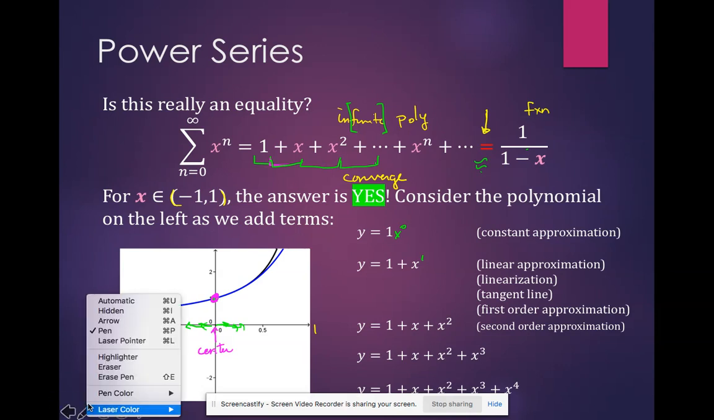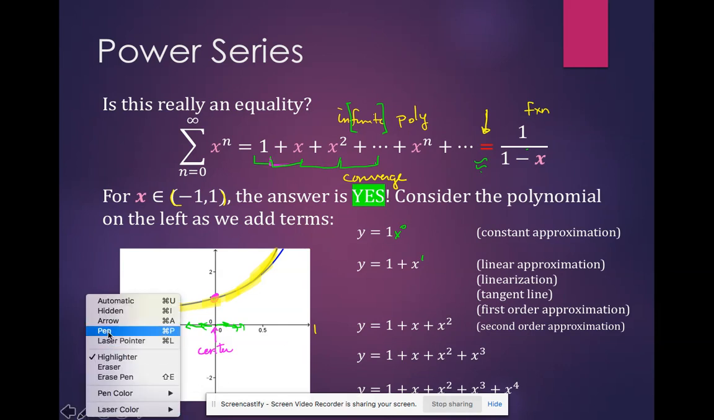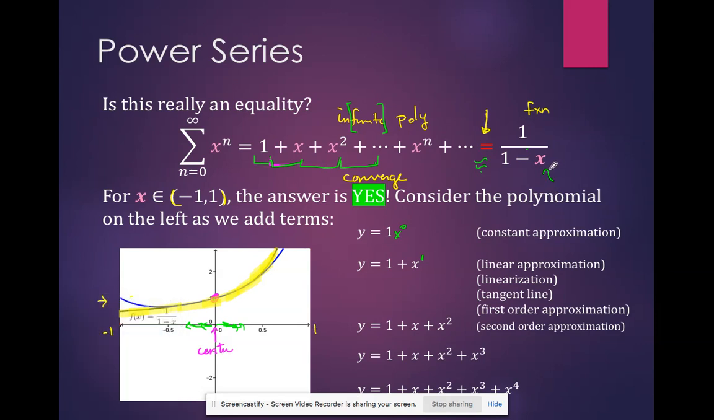How will you be exact? How many terms do you need to match the rational function exactly on the interval -1 to 1? You need an infinite amount. So that's the idea of the center. Because there is no shift here, this infinite polynomial is centered